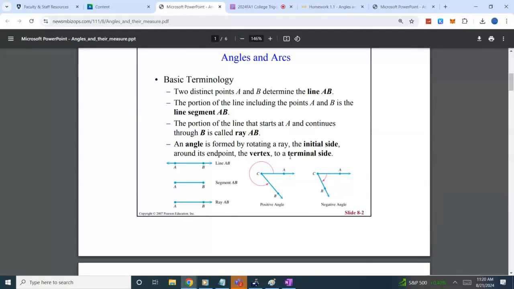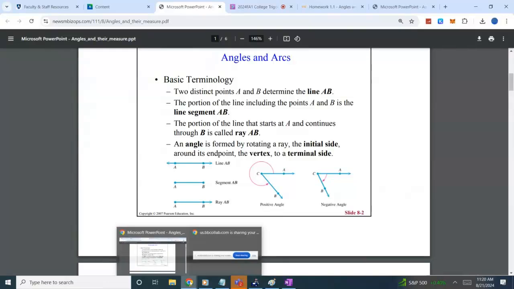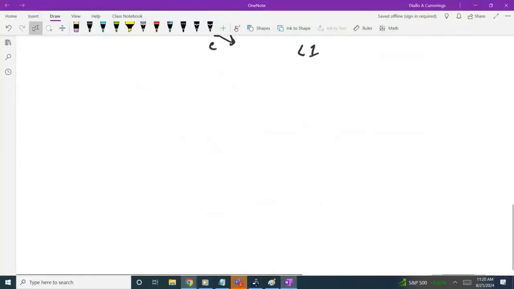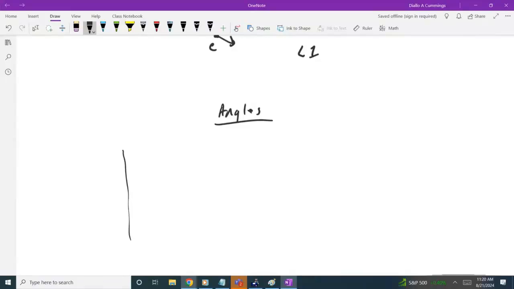We call them an initial side and a terminal side. For an angle in standard position, its initial side is always along the positive x-axis. So for example, I'm going to draw two